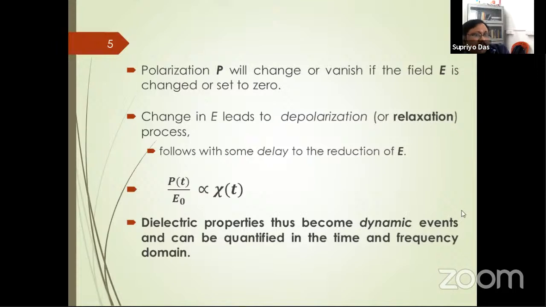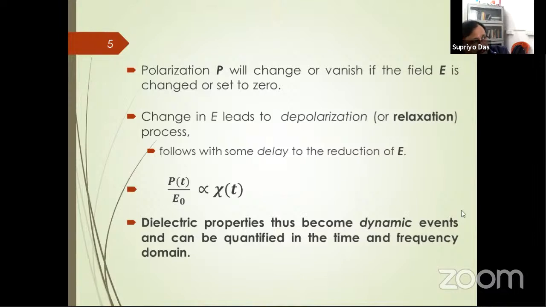So as I said here, if we change the electric field, the polarization is proportional to the electric field. If we increase the electric field, polarization intensity increases. If we decrease the electric field, polarization intensity decreases. But once we decrease the electric field or set it to zero, depolarization or relaxation